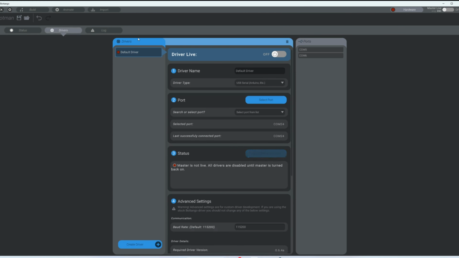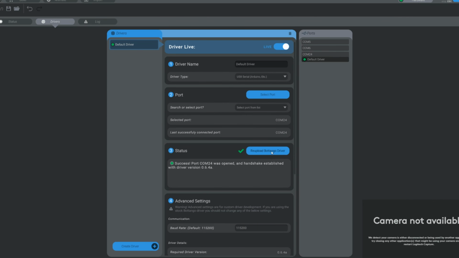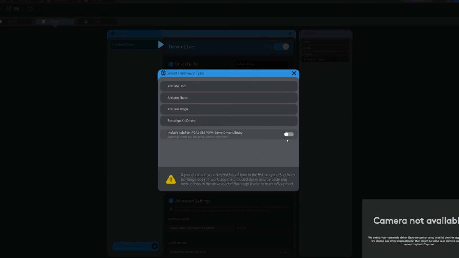and drivers. And so we're going to use the default driver, and we're going to select the port. And I need to plug in my Arduino. And we're going to select port. And I'm on COM24. So select that. Down here at status, you may have to download the driver for the board that you're using. Although I've already downloaded it, I'm going to go ahead and download it again so that you'll know what you should expect to see. So I'll click OK, and here you can download the